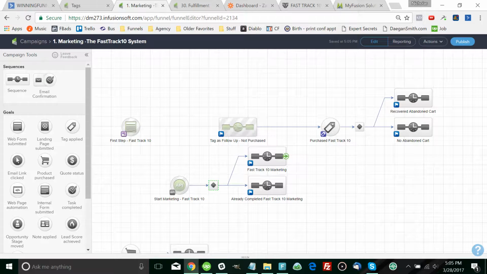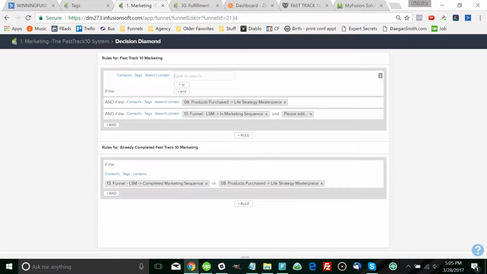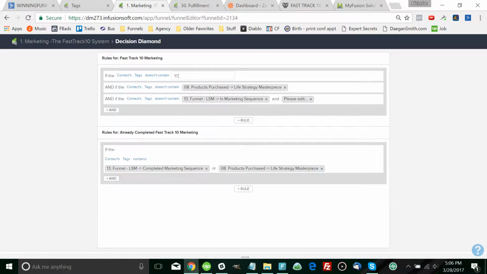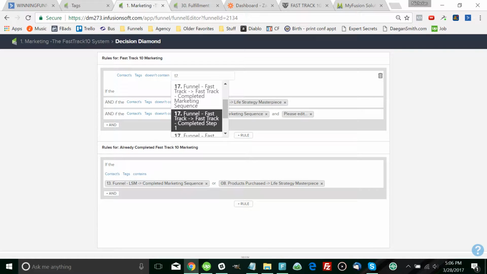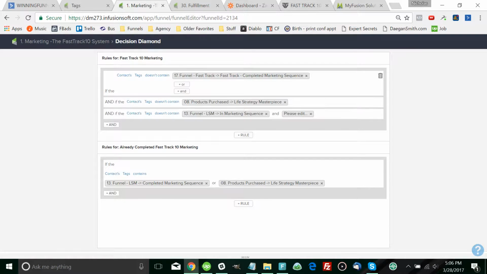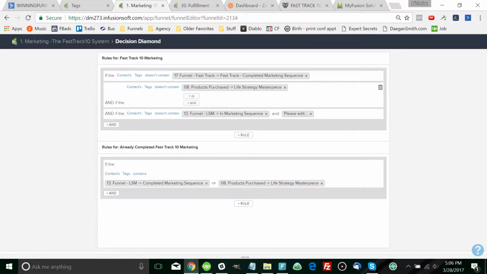It's not pulling up those new tags I just made because I was already in here. So I think if I go out one step, it'll update. Okay, yeah, now they're back. Now they're loaded and completed marketing sequence. So if they don't have this, then that means they can receive it, and if they haven't actually purchased it,